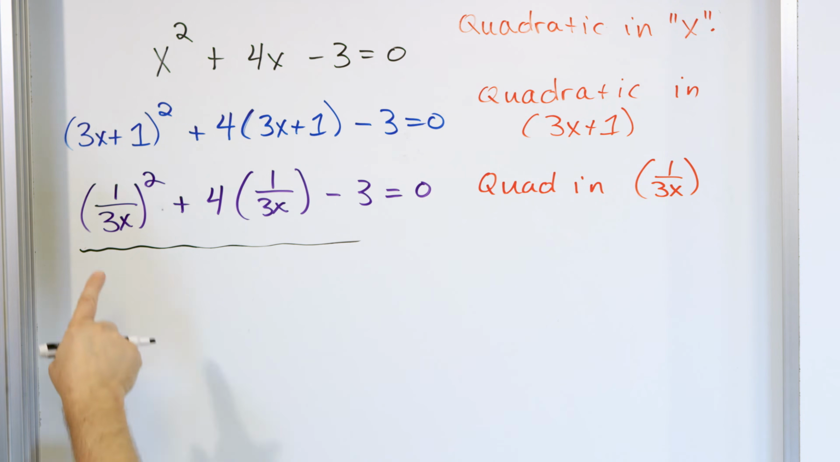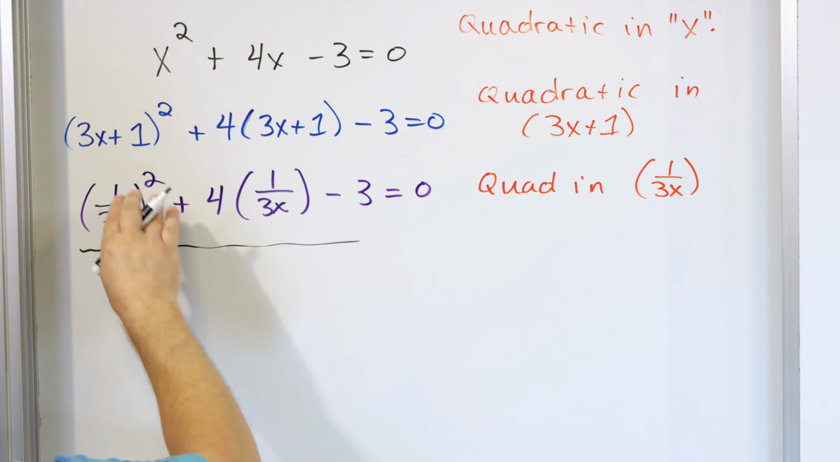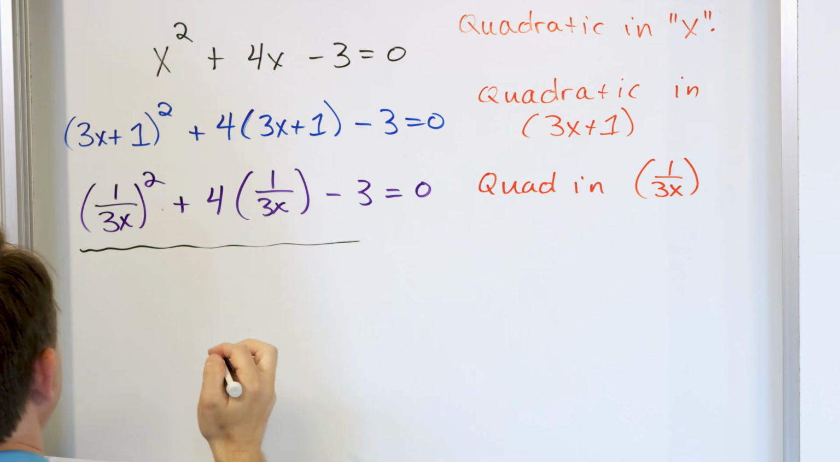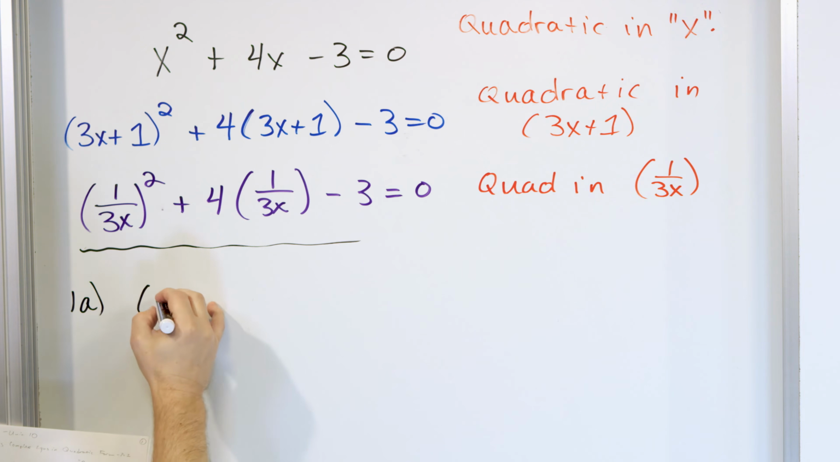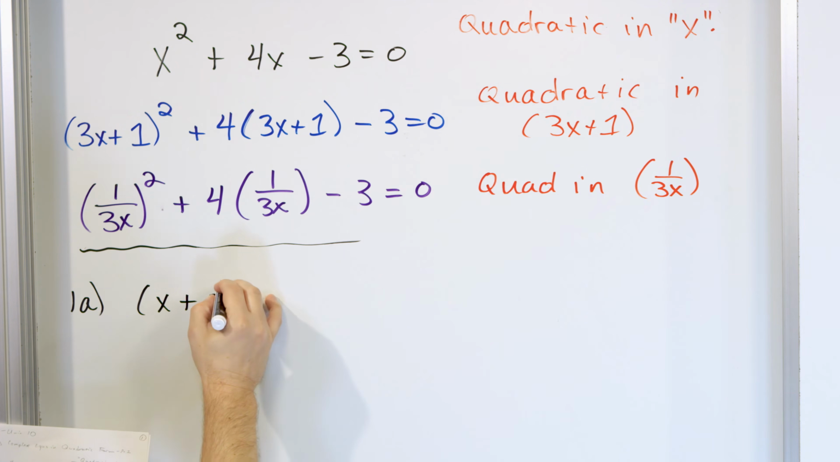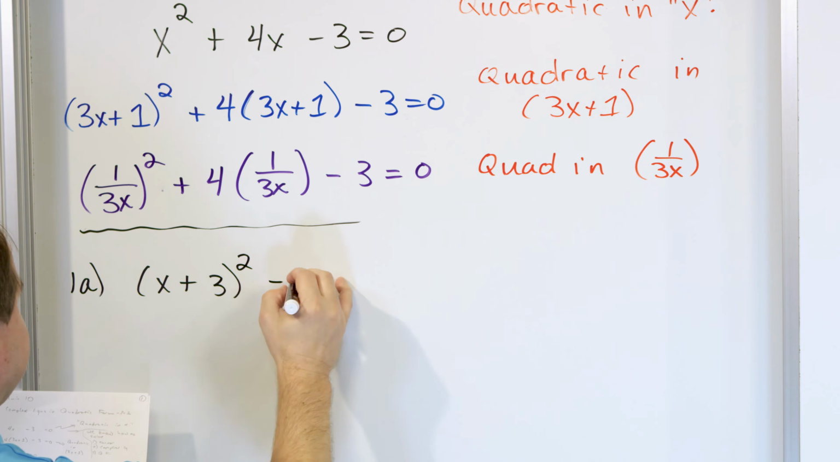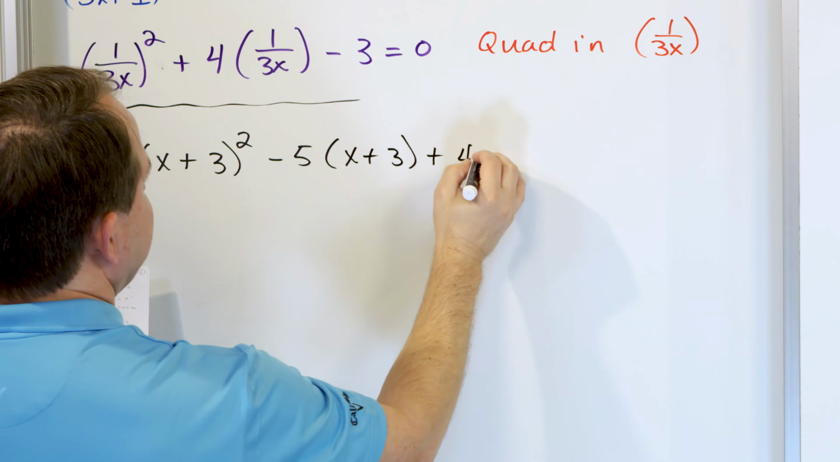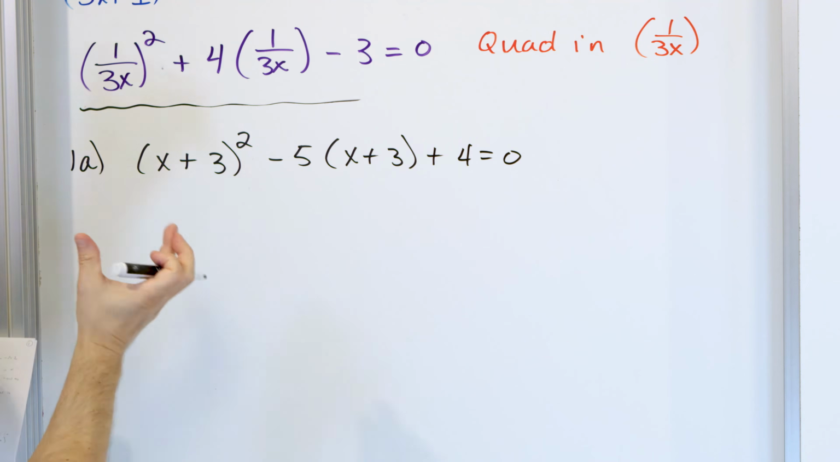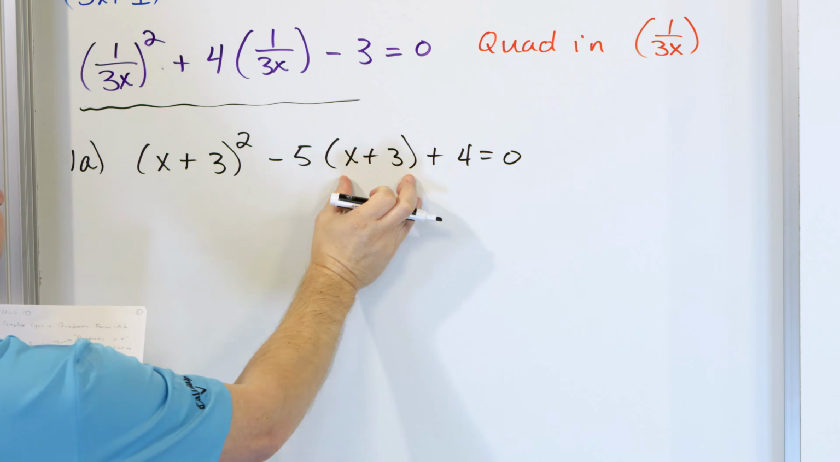So let's just talk about this first problem right here. Now, I don't want to solve this particular one. I want to solve one that's a little bit easier first. So let me give you another problem. I'll call this problem 1a. What if I give you (x plus 3) quantity squared, minus 5 times (x plus 3), plus 4 equals 0? Now this is a quadratic in the quantity x plus 3, because that is what is squared,